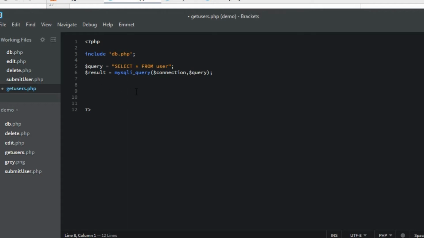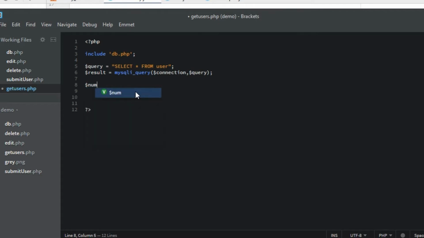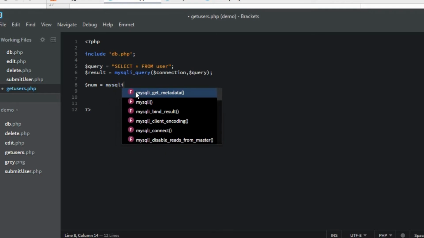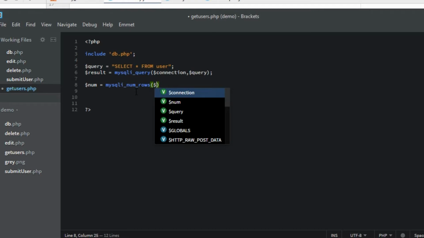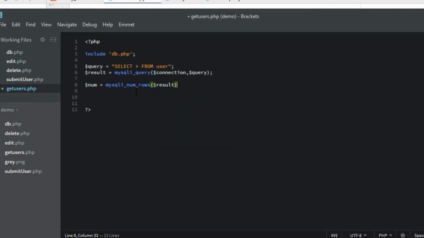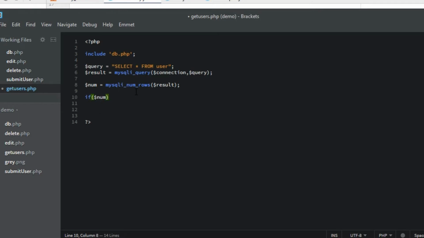So now let's make another variable, num variable equals to mysqli underscore num underscore rows. If these results have some values, this num variable will not be 0, right? So we'll pass result. If $num is greater than 0,